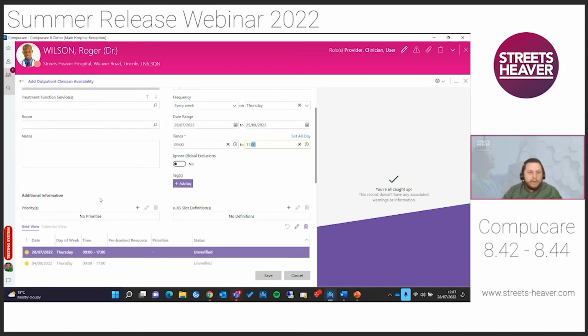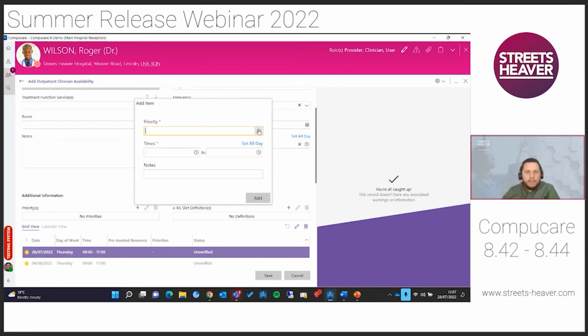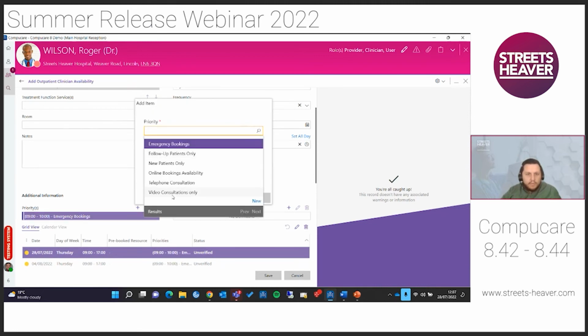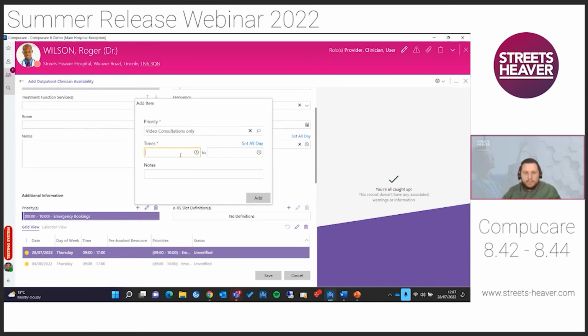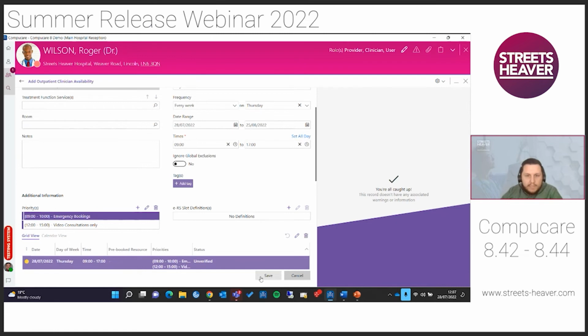You can see we've got the priority reasons down here. So if I just set the ones up that we kind of had a look at, we'll say that emergency bookings is in the morning and we'll just do that for 1 hour between 9 and 10. And we'll do the video consultation one that we set up as well. We'll say that's between 12 and 3, for example. Perfect. So we've got them added in. If we just save that